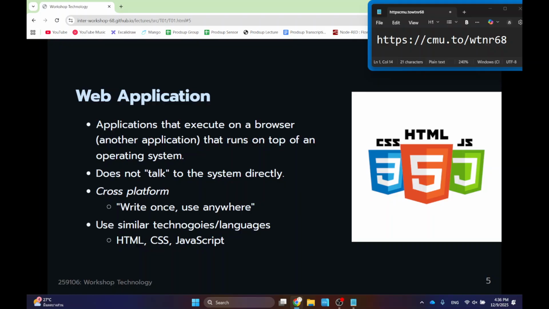So there is an extra layer between the software, the web application, and the underlying resources. So technically, in terms of performance, it will be less desirable, inferior to the software on the previous page, because it has an extra layer of complexity, right? But the huge benefit that you gain from writing a web application is that you just write it once, and then